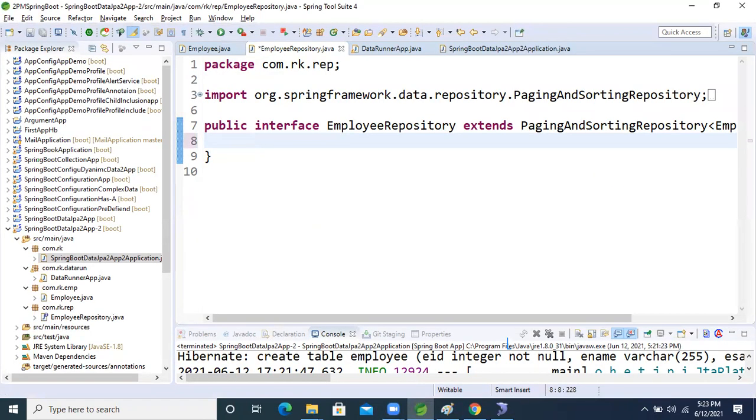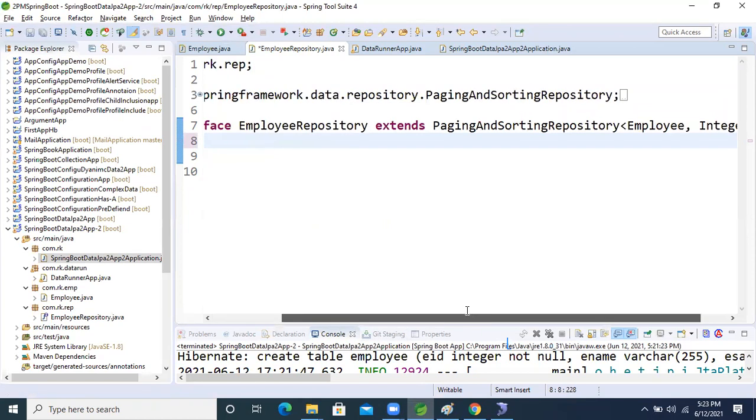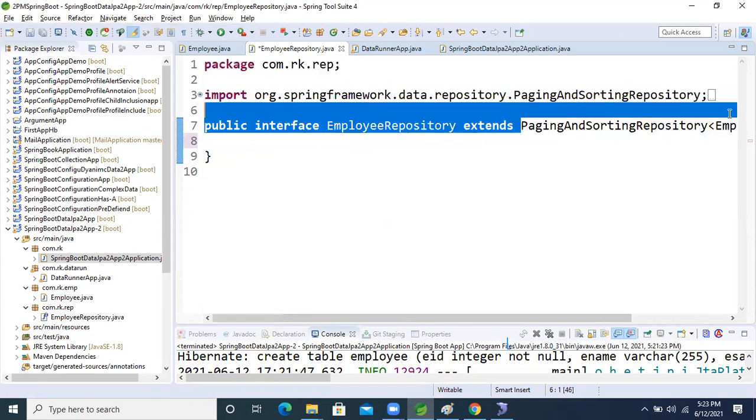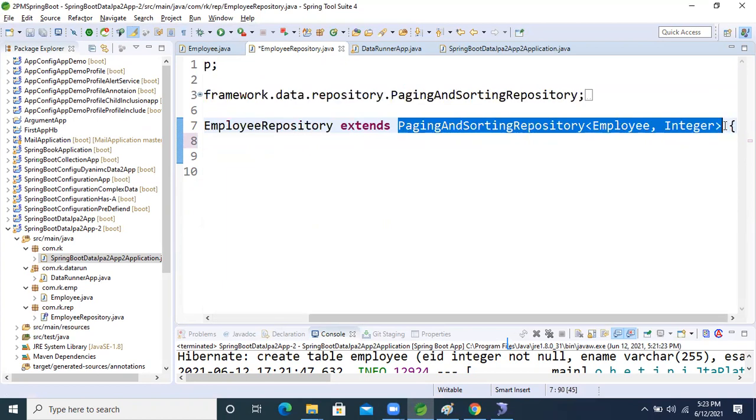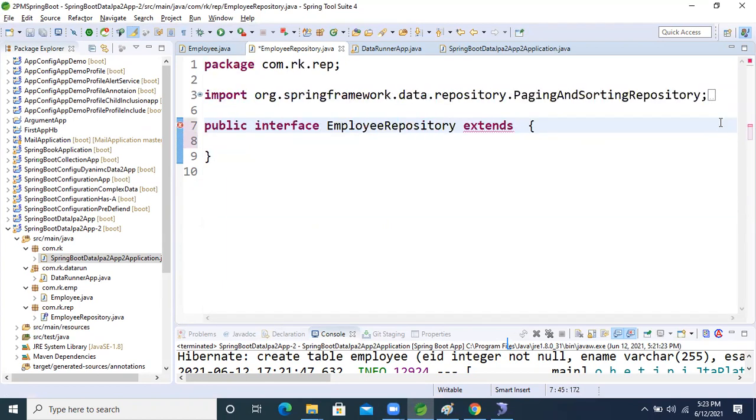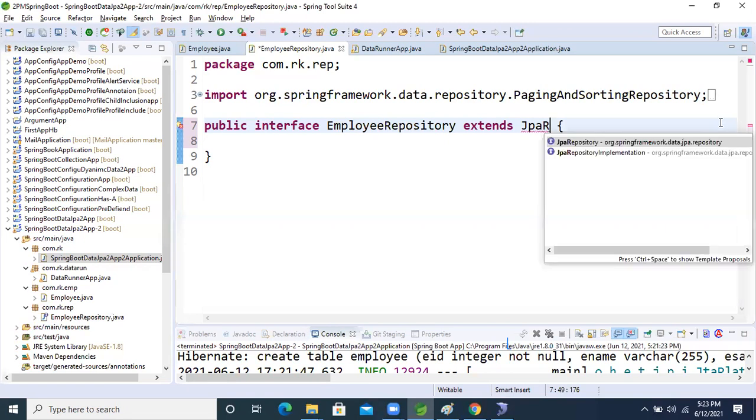Ravi, we have to take JPA repository extends. Yes, good. Here also we can perform, no issue, because this is the parent, right? Child only. JPA repository is the child only.